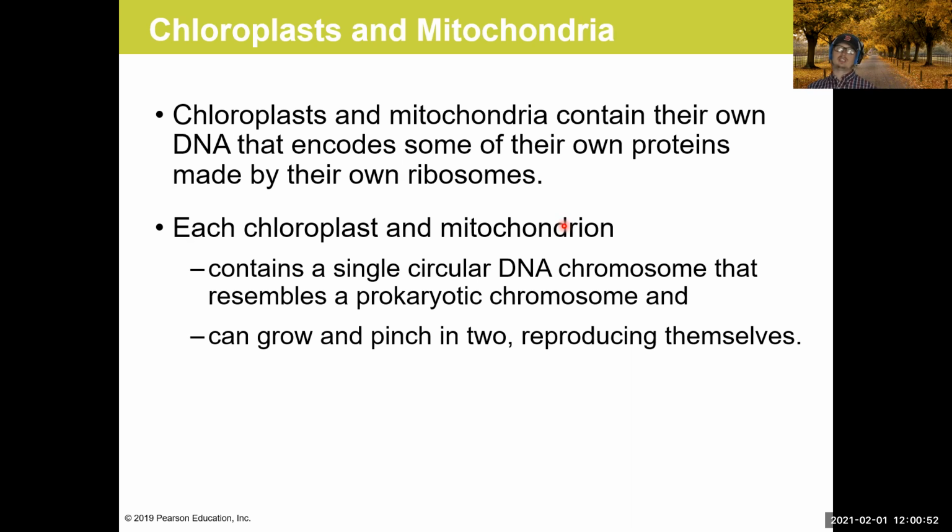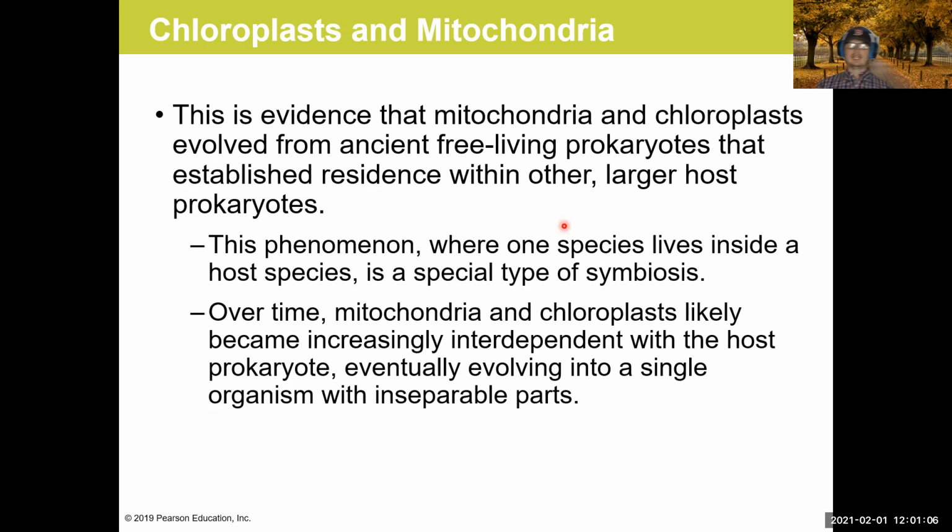And what's also interesting about these organelles is that they can reproduce themselves. So they can basically bud off and create identical copies of the organelle. And so that's really interesting because those properties resemble what we see in prokaryotic organisms. And so there's evidence that's been found and discussed that suggests that we actually got mitochondria and chloroplasts from